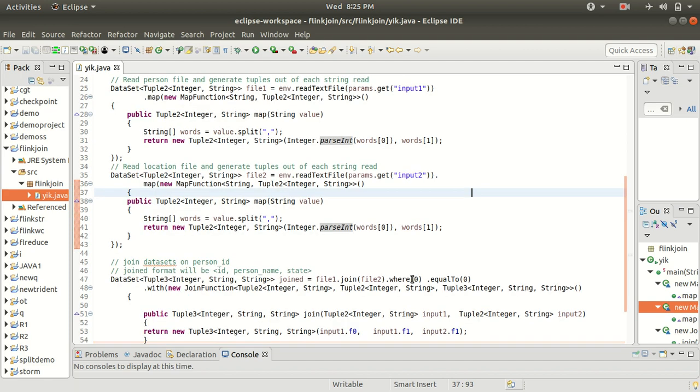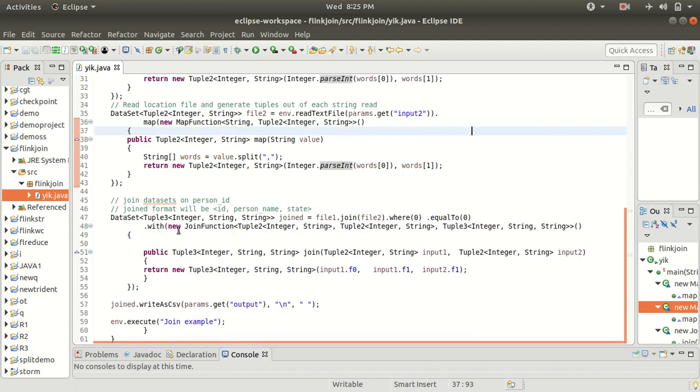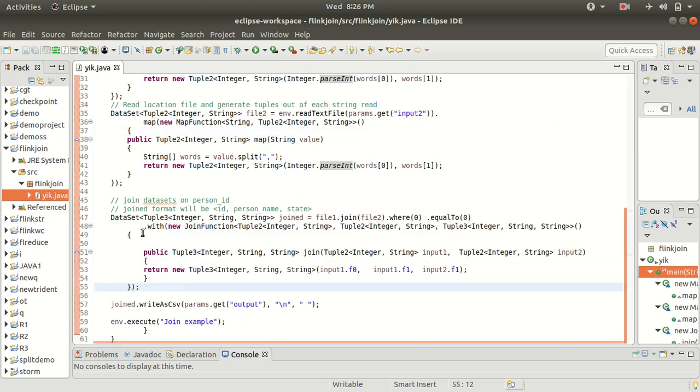So once we have read the file and applied the map transformation, the last step is to do the join operation. That's the reason the last thing coming up is called join. In this case, because you know that in the case of inner join we'll be expecting 3 columns: ID, name, country.